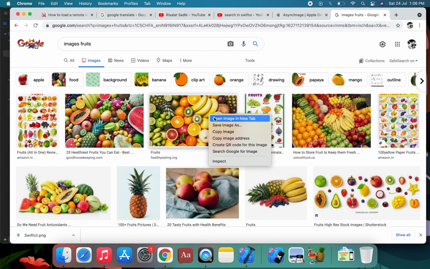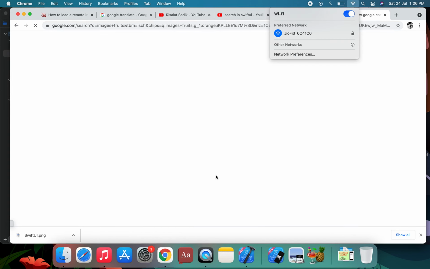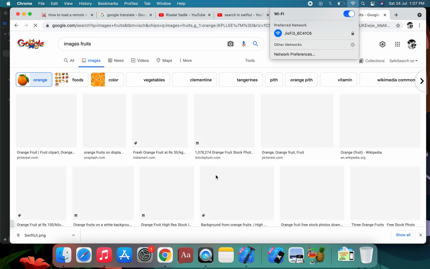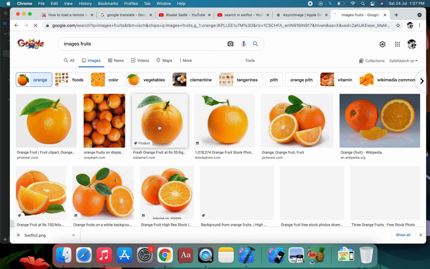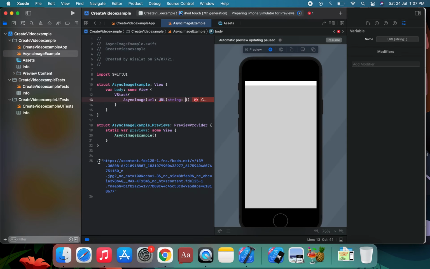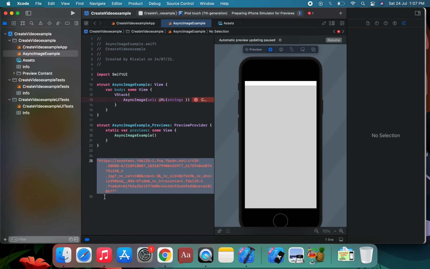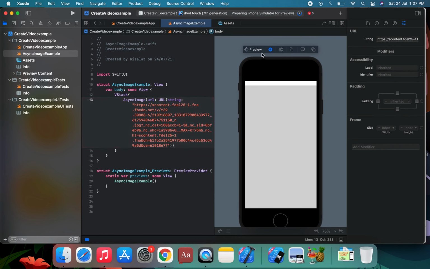Suppose we copy from a URL, and this is an orange image. The issue is the slow internet connection with the largest image in the UI. We apply our URL, add it, resume the application, and run it.